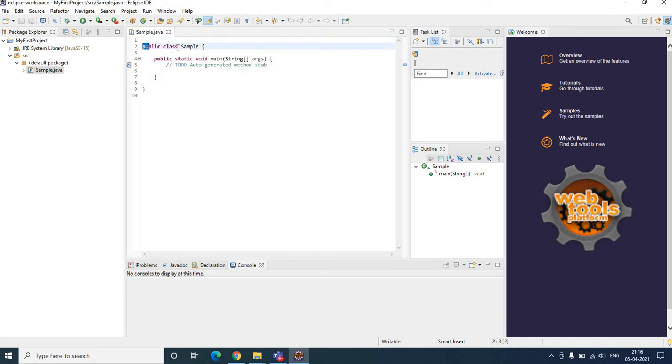This is your class name, public class sample, which is available under this SRC package. Normally all the created classes will come under the default package, and then we have checked public static void main. This is the main class, so public static void main is created automatically. Now let us give a very simple sample welcome program, System